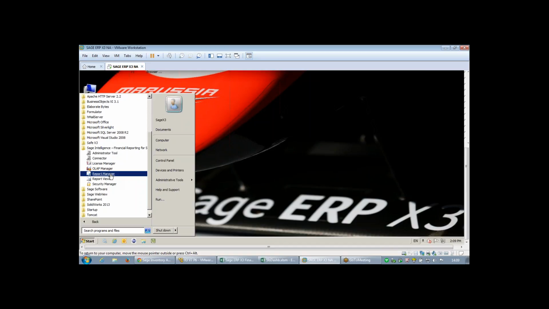Sage Intelligence comes with a battery of reports. We normally use Sage Intelligence more on the finance side, probably because it's more like an Excel tool, but actually it can be used to access any part of the system. And then we have as well a security manager to manage the users and the access that they have to the different reports,